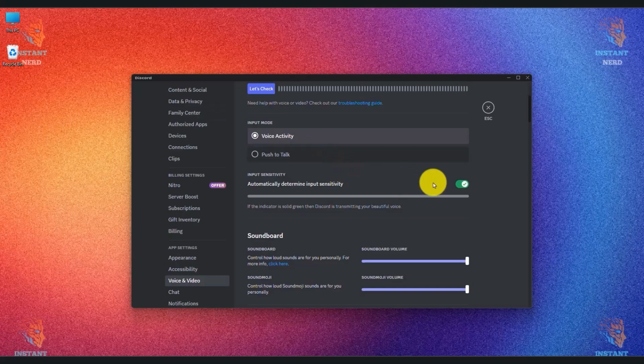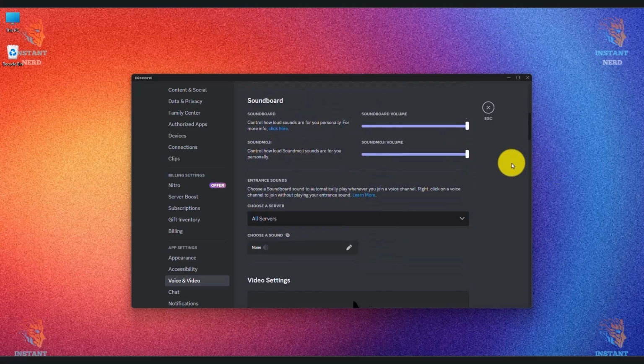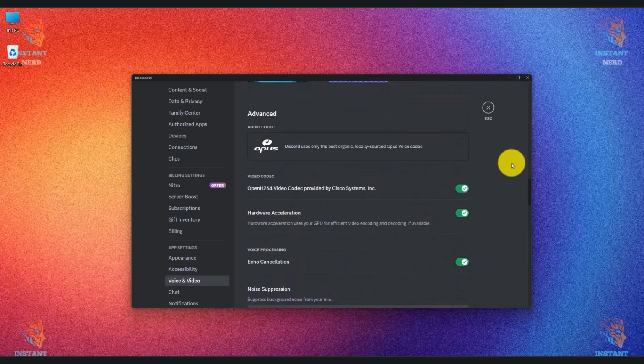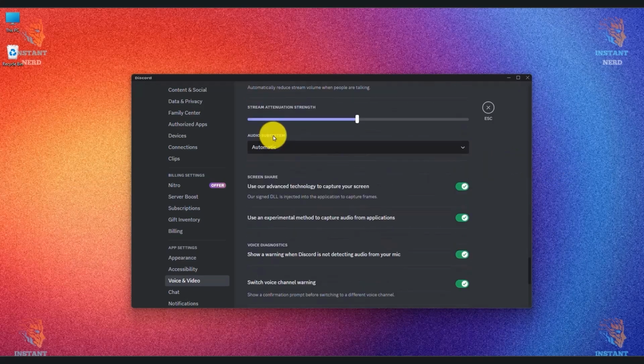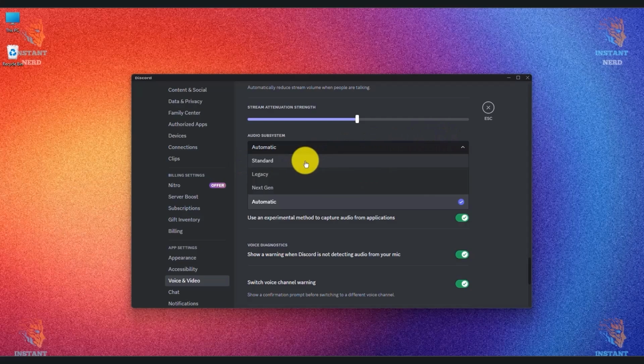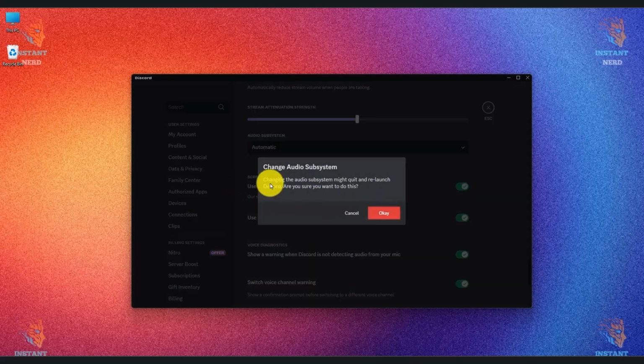Now, if you're still unable to hear anyone, the next thing that you have to do is just simply scroll down till the very bottom until you find a section called audio subsystem. Now click on this drop down menu, and for most devices standard is the best option. However, if you're still experiencing the issue, try automatic or try legacy. Whenever you do this, just click OK to save the changes, and after you click OK, Discord will